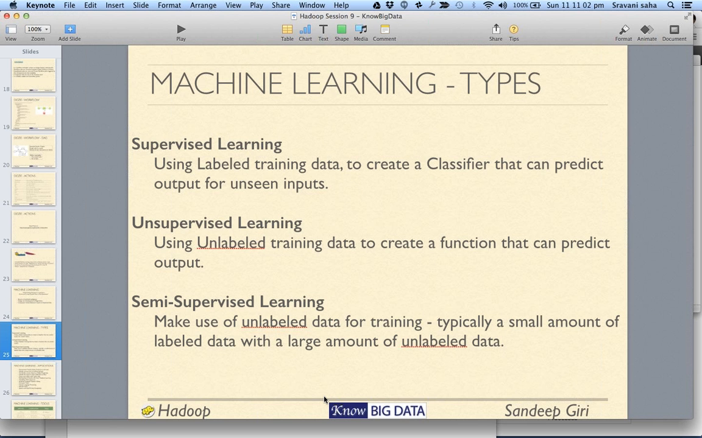Third one is semi-supervised learning. We make use of unlabeled data for training, typically a small amount of labeled data with a large amount of unlabeled data. What does it mean? We have only very minor indications of labels, and using those labels, we try to figure out various kinds of